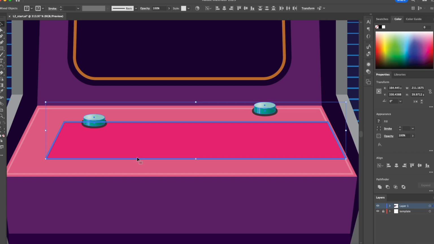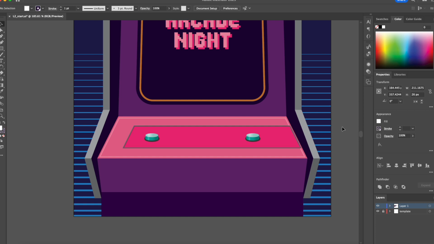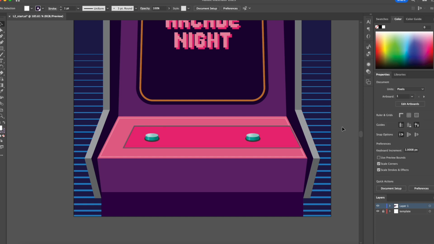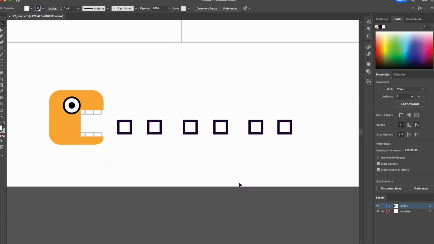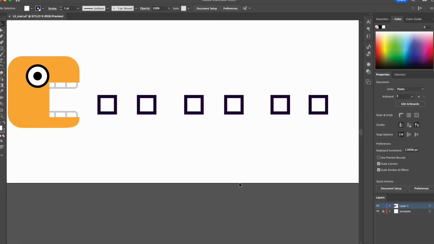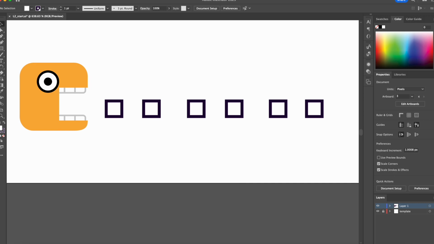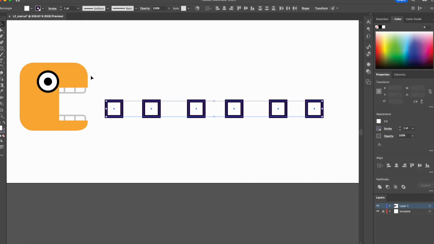And I'm going to click on the vertical align center buttons again, and they aligned to the pink square, which is really nice. So now I can just zoom out, and I'm going to just click in the blank spot, and they're aligned. I'm going to go back to artboard number 3, and I'm going to do what is called distributing objects. So I'm going to go to select, dots,